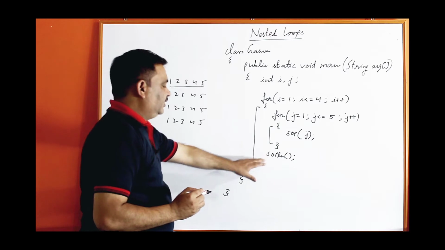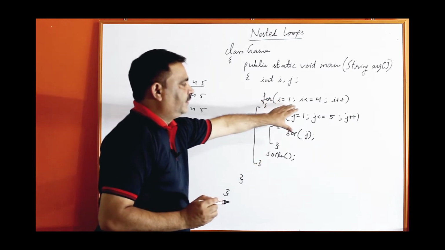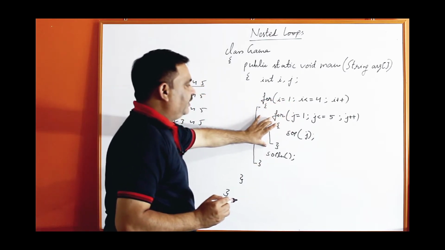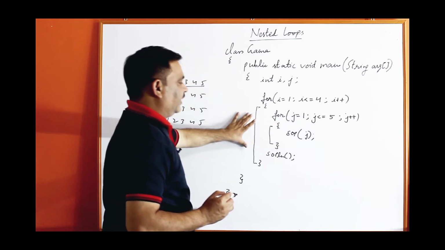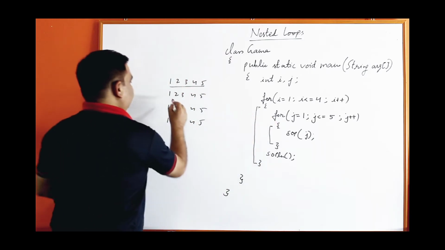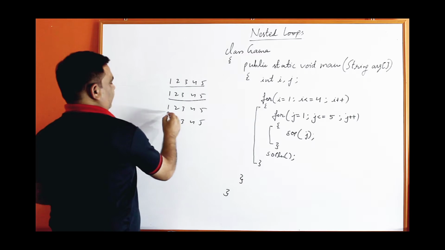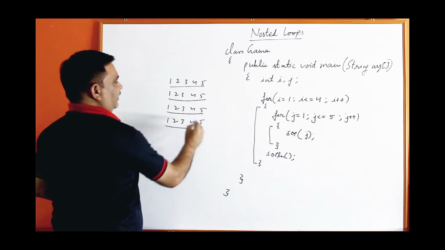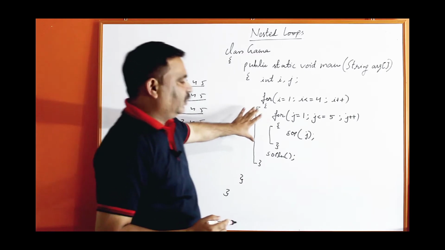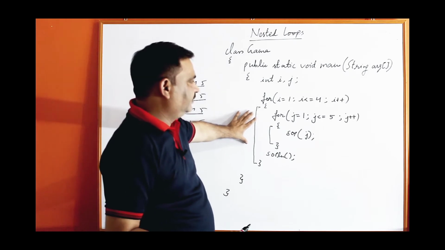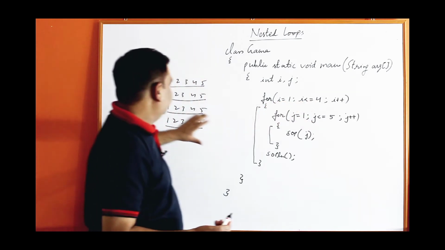Afterwards the line will be changed. Second time, again it will print 1, 2, 3, 4, 5 but on a different line, because the line will be changed from here. So the second line will be separate, then the third line and fourth line. In such a way you will get the output. If you write 10, it will print 10 times.